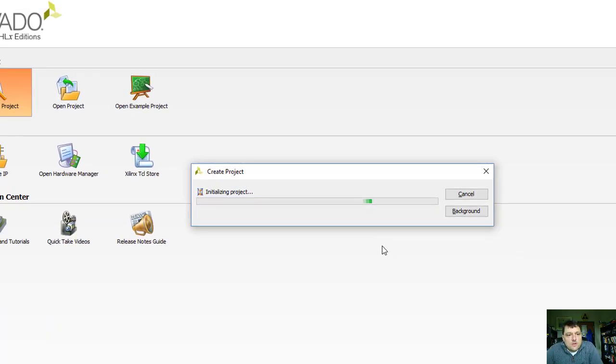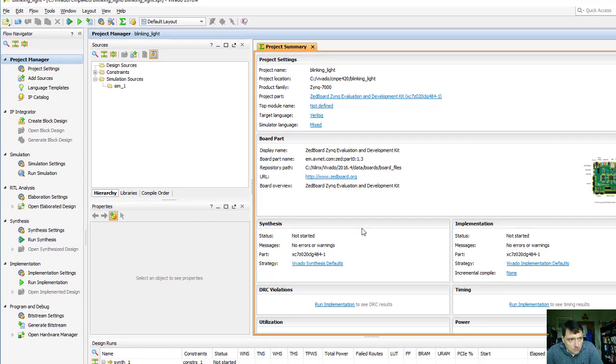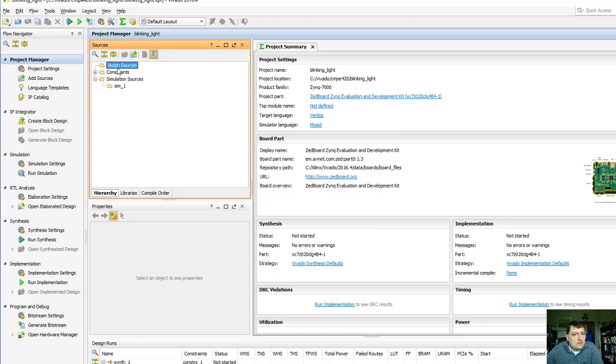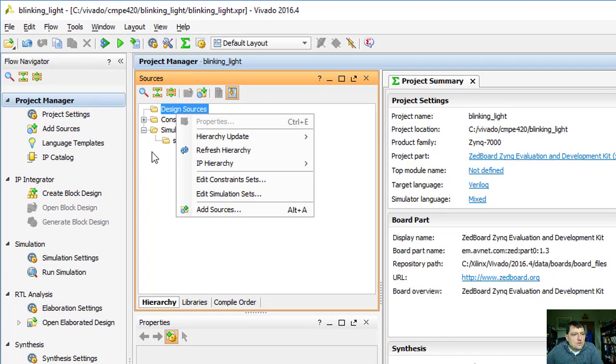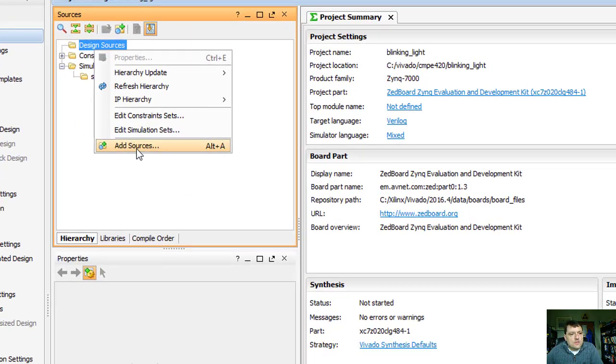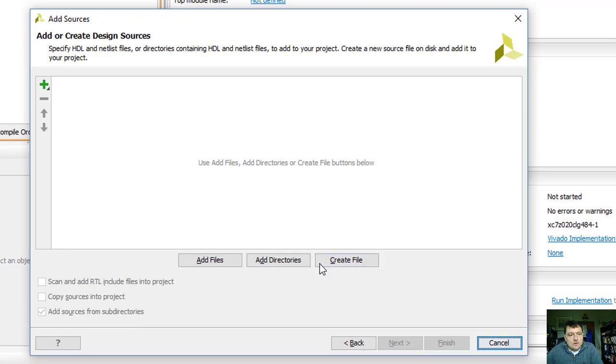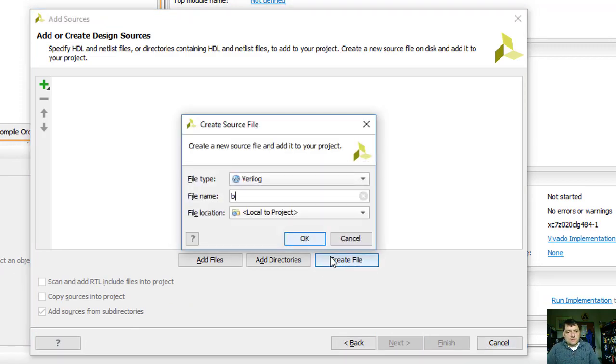So after we make our way through this wizard, we're now ready to begin the actual logic part of this thing. We know that there's 8 LEDs across the front of the board, and I want to make them into a blinker that blinks from right to left or left to right. So to do that, you need to use Verilog or VHDL. This is going to be a Verilog based project, and we'll call this blinky,